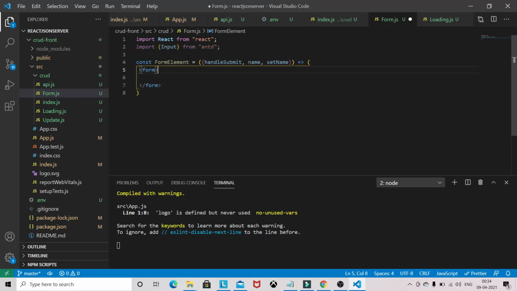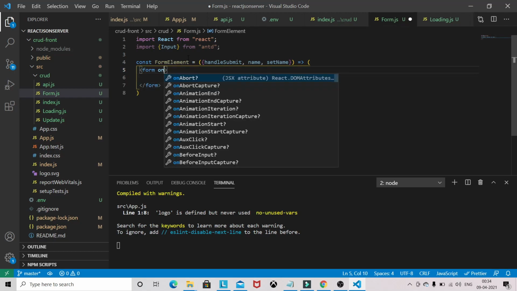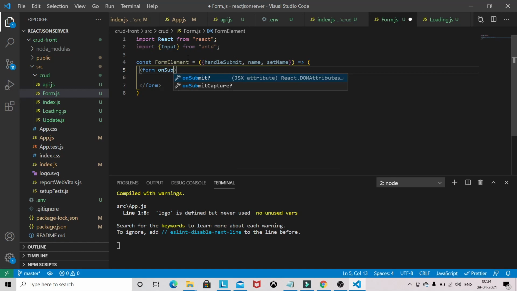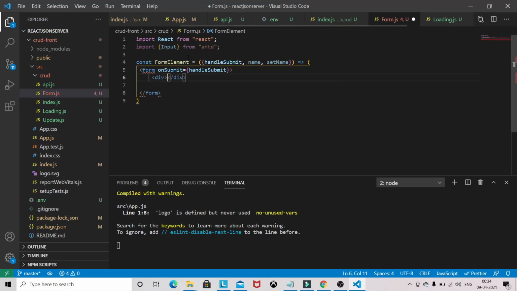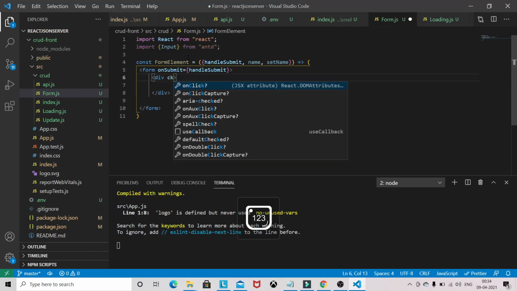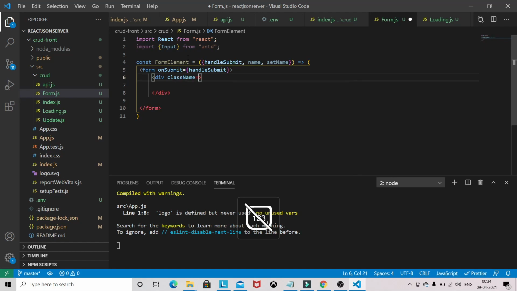So form onSubmit, it will receive handleSubmit, then a div with className form-group.